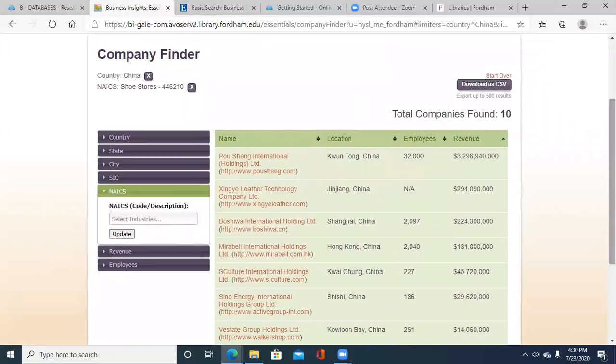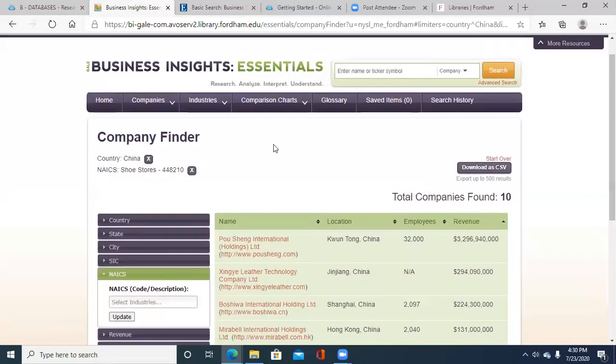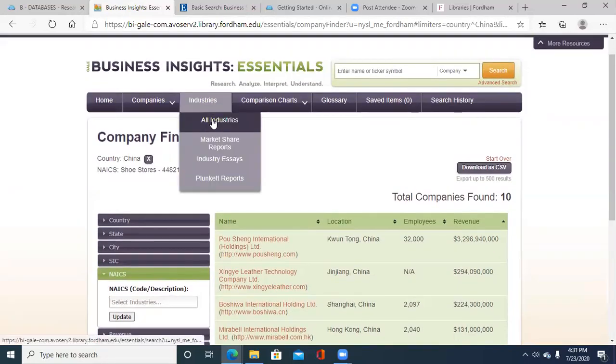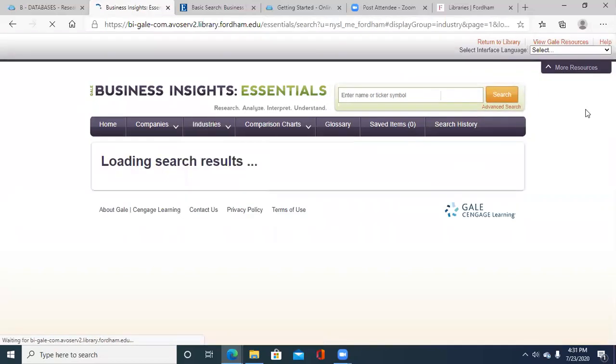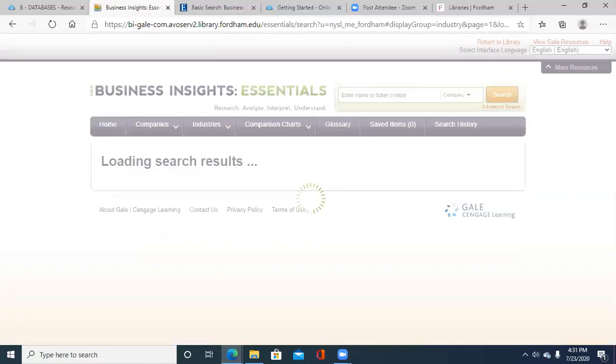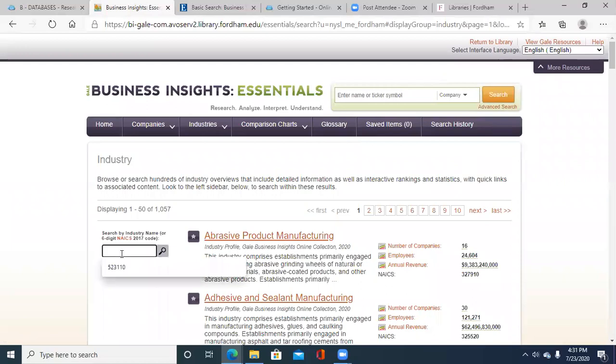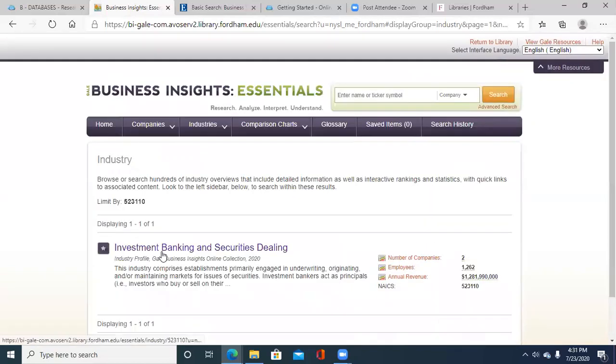So this is a really cool resource in order to really drill down information really quickly. And again, if we were interested in all the investment banking companies in New York City, we could drill down with that too. So this really comes in handy. And the same thing with industries as well. So if I wanted the industry, again, it allows me the NAICS code here. So let's say, well, we have investment banking right there, 523110. We would search for that, and this would bring me an investment banking